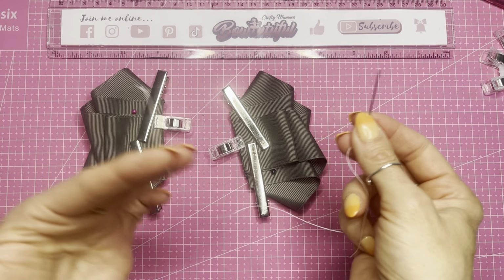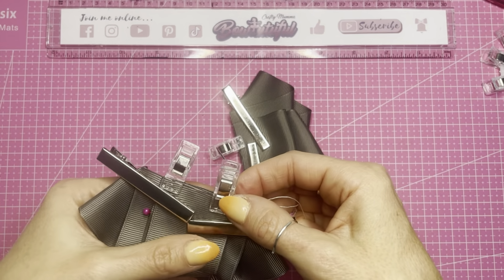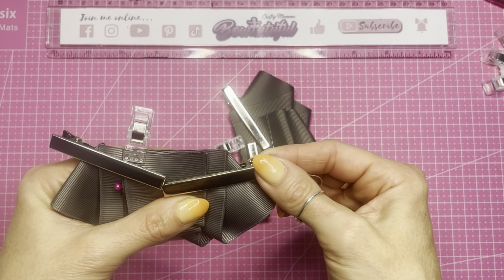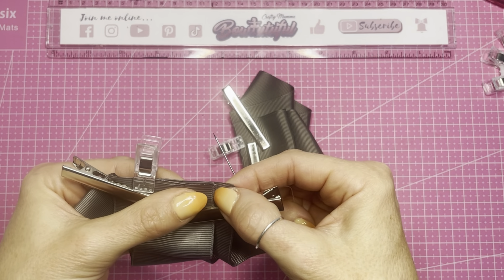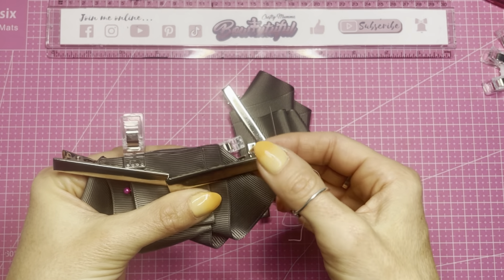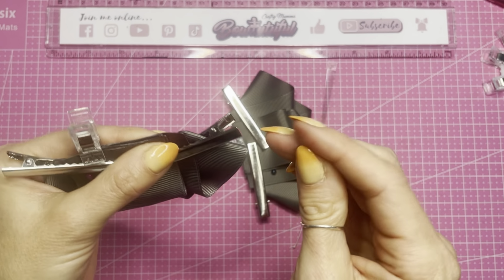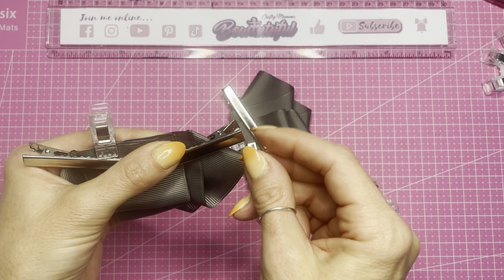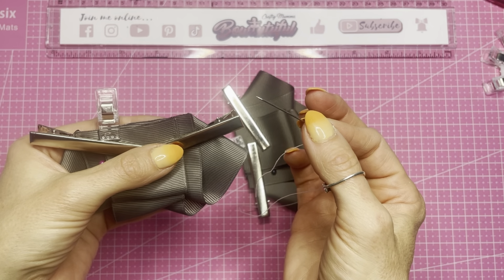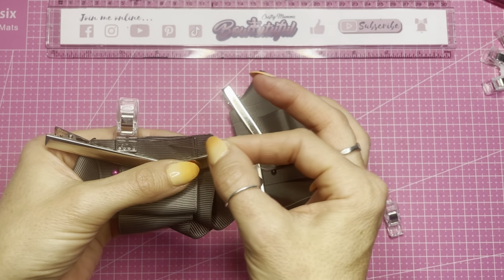So grabbing my needle, threaded with my strong thread and a knot in the end. I'm just going to redouble check that this is all in line before I start making my stitches. So making sure that this corner is just underlapped this piece here and all the raw edges are in line. I'll straighten this side up as we get to it. So we're going to do 10 stitches along this bottom, 2 in this part, 6 in the middle and 2